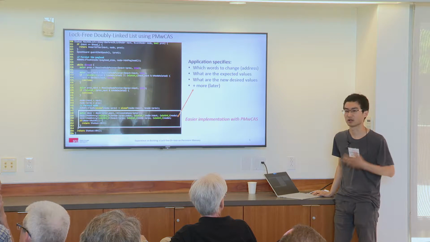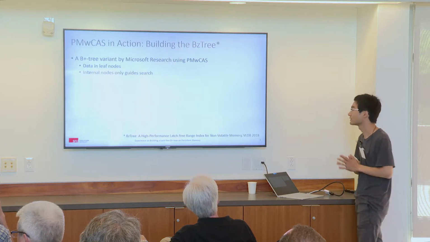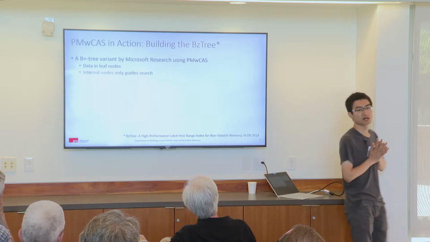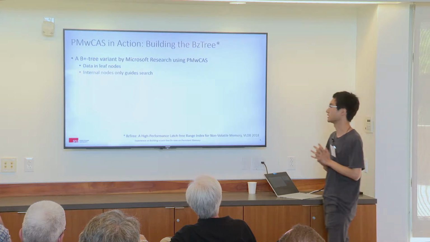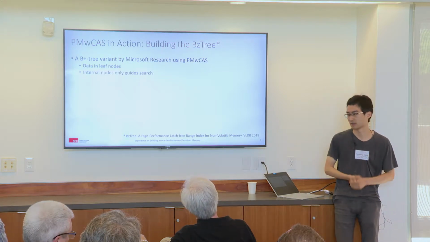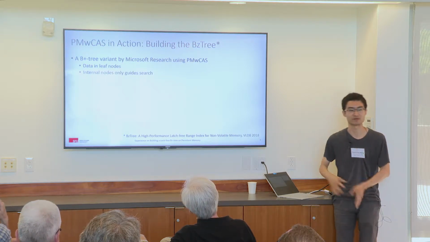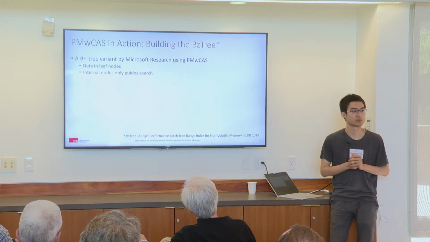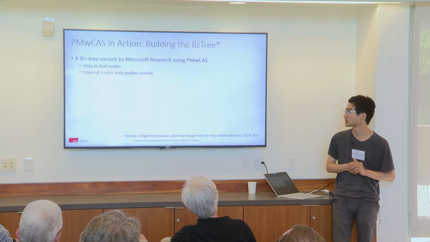We want to build more complex data structures. And here we set out to build something called the BzTree. By the way, we didn't really propose this tree. It's just because we are trying to evaluate a bunch of trees that were proposed for persistent memory. Then we have to implement it, right? So this is a B+tree variant proposed by Microsoft Research, and they're using the PMwCAS